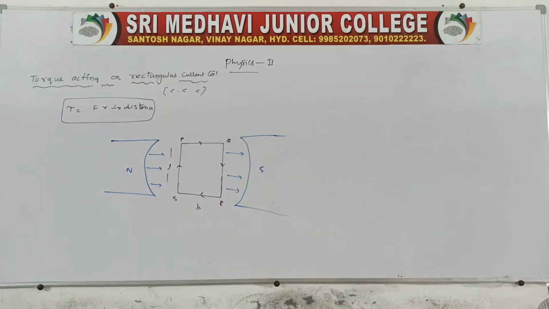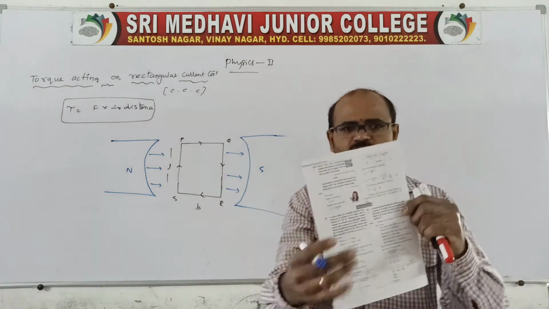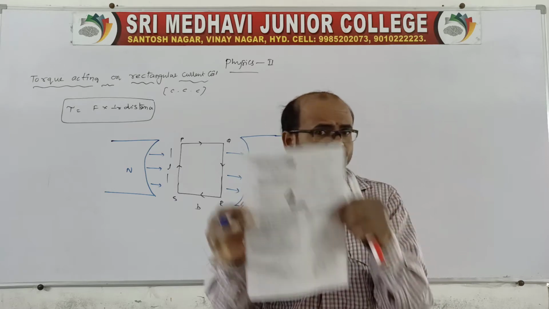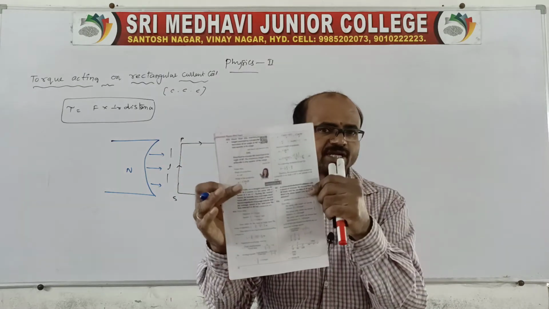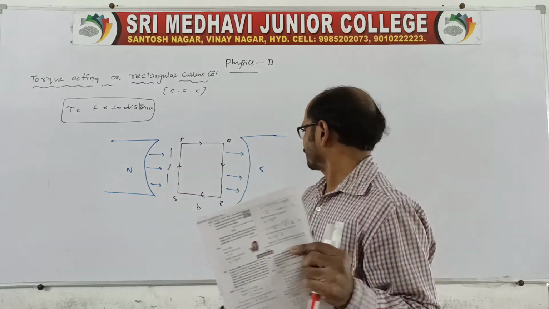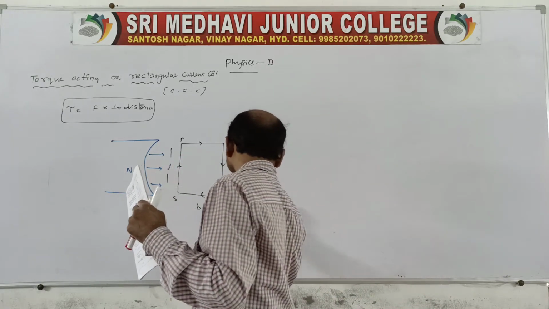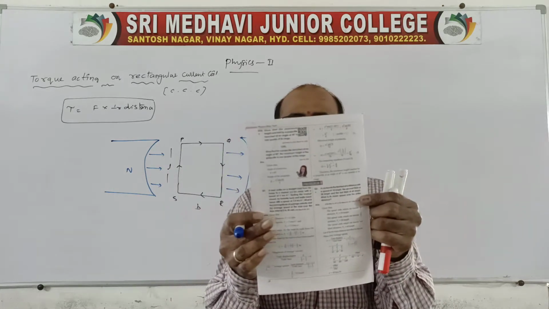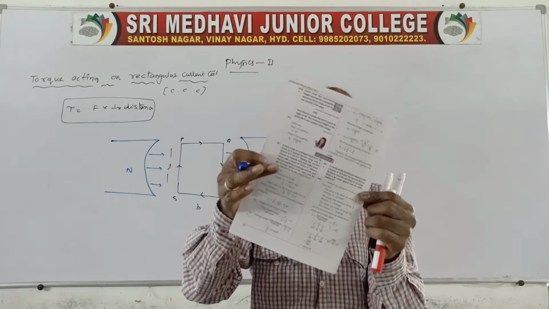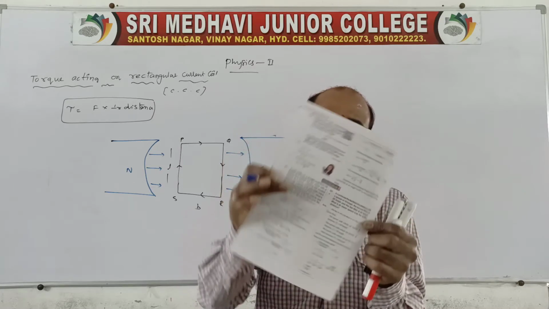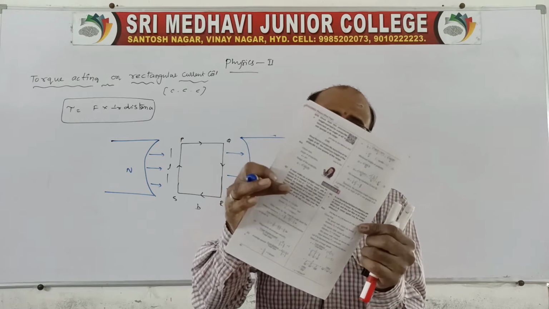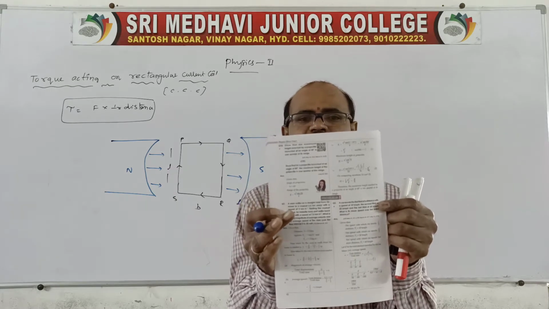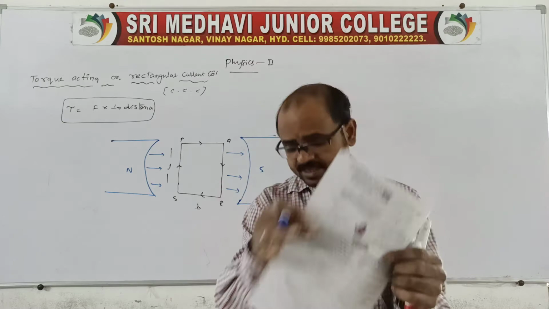Suppose you take this one rectangular coil, which is carrying a current and produces a magnetic field, and this coil is placed in another field, the field provided by the horseshoe magnet. Now come to the point: due to the two fields, the coil may turn, a turning effect takes place with the field direction. So it is turned like this, and it makes an angle theta with the direction of the magnetic field. Initially it is like this, and due to the two fields, the coil rotates. We can call it the turning effect.